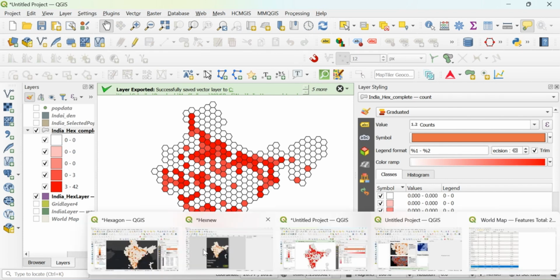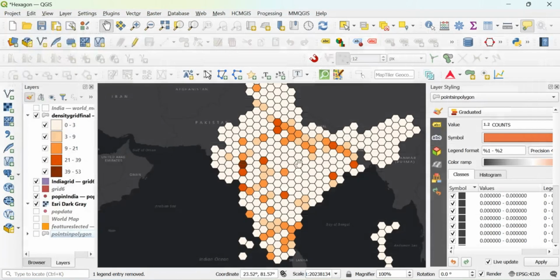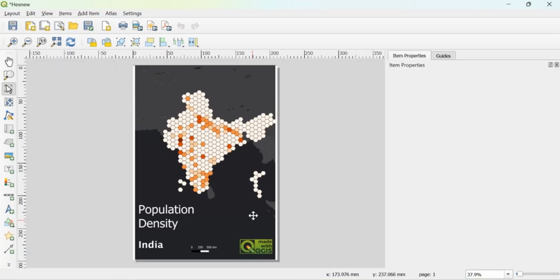So you can see that I did this one here, I did this one here also. So just try to experiment with different parameters. I'll also share this map template for you in the description.